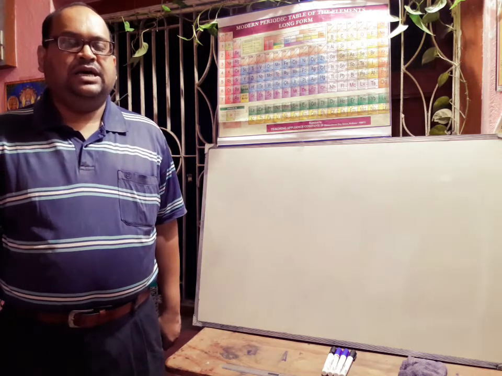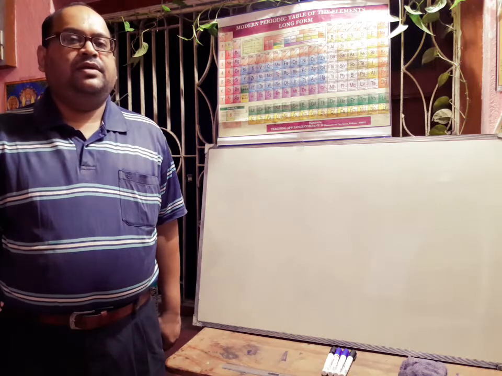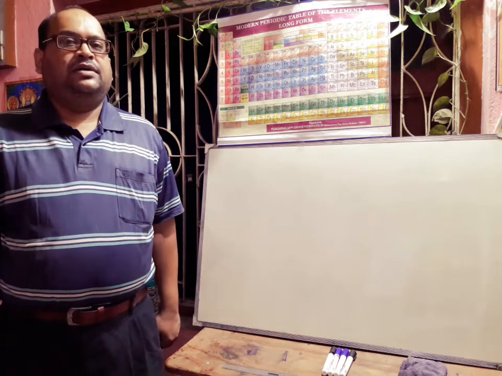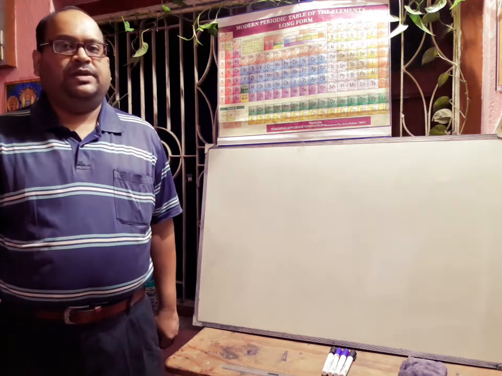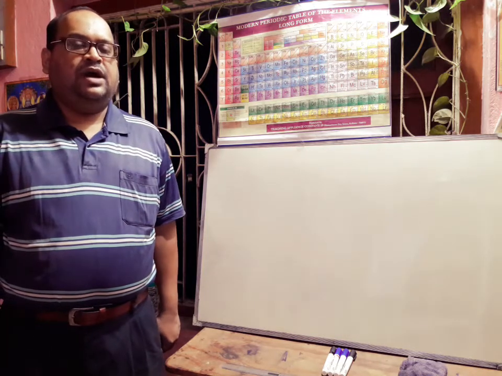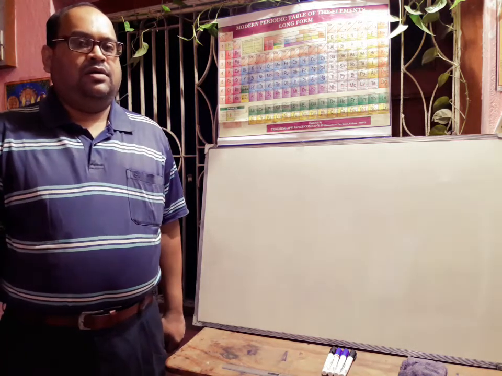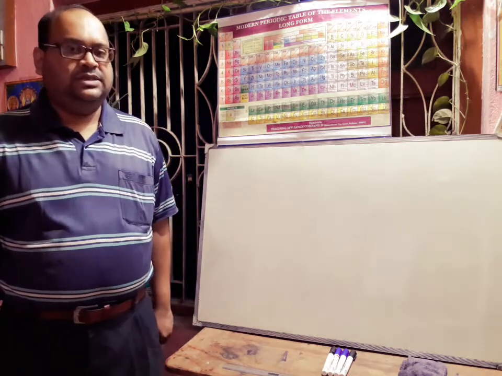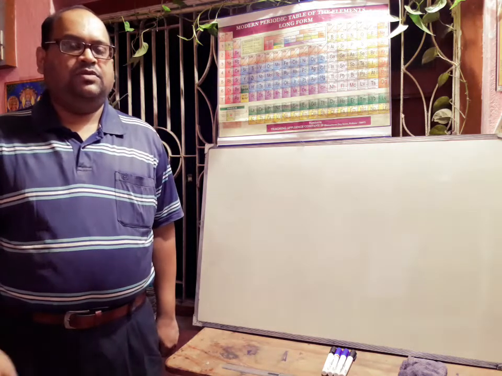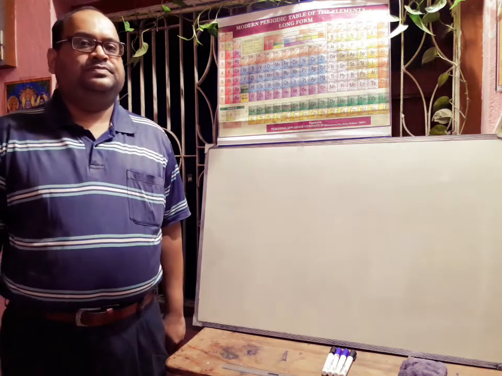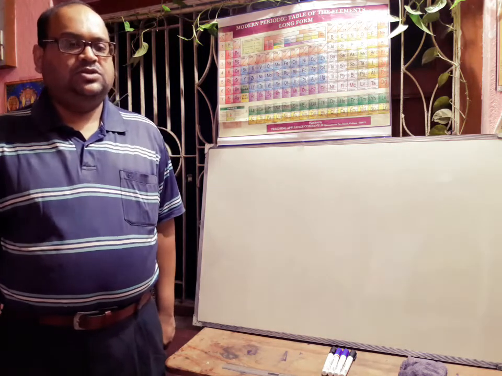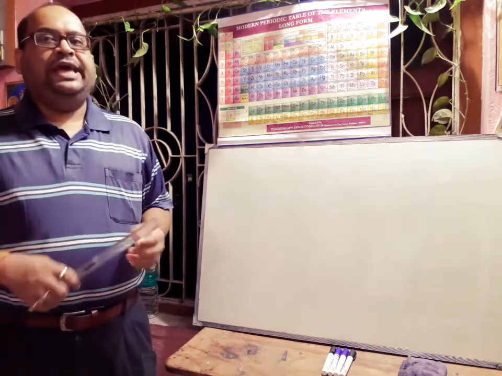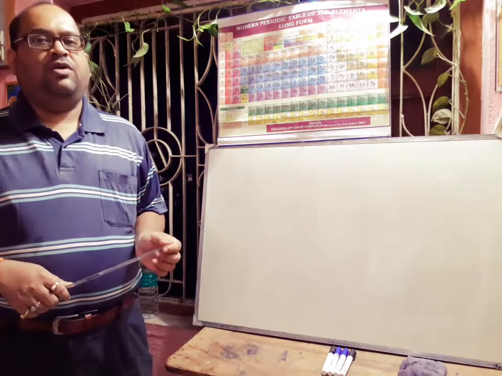In my last class I gave the video of class 10, where you saw the variation of different types of periodic properties. Today I will discuss the concept of periodic properties or the periodic table on the basis of the orbital concept, whatever you have learned in atomic structure. So, division of the periodic table on the basis of s, p, d and f blocks.